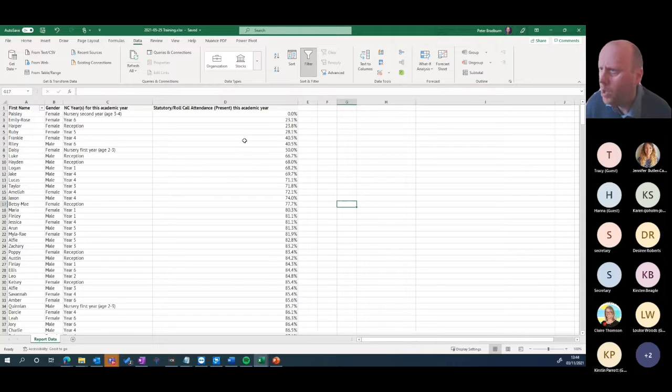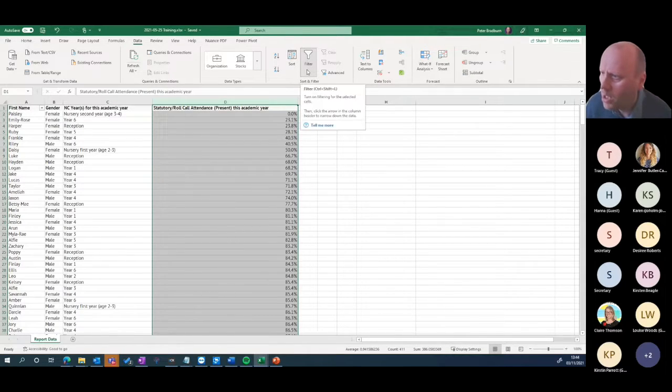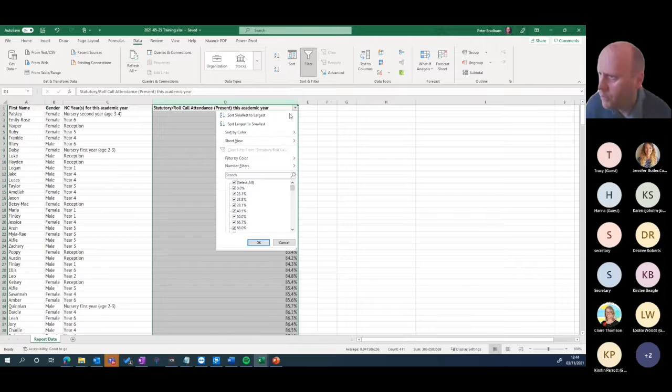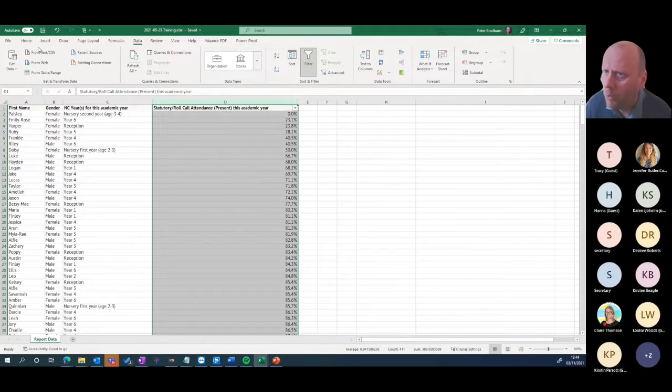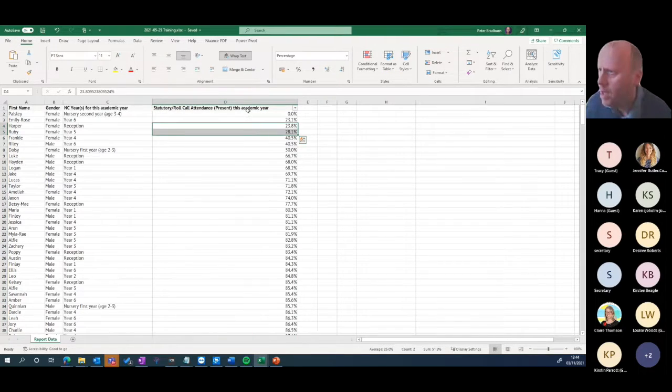So there we are. What if then I've got this and I want to show only those children that have attendance below 50%? So I can sort and I can filter. So I'm going to do a number filter in this case. Now here's a thing that I want to point out, but don't want to go into too great detail with. If we go to home and then select on a cell,